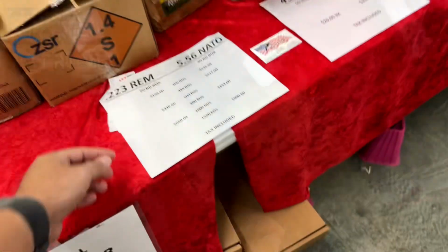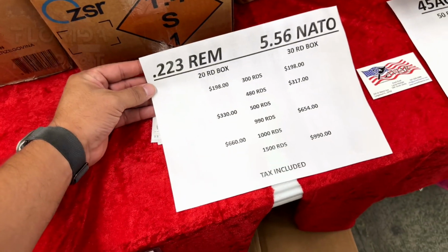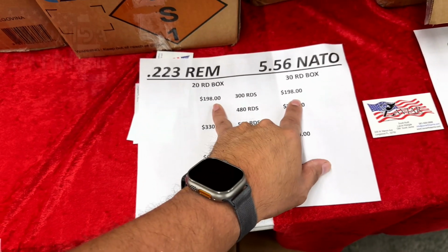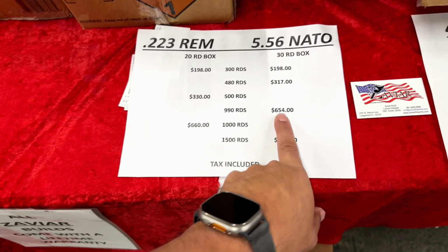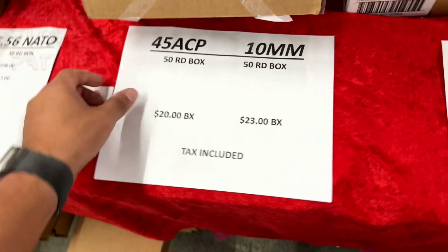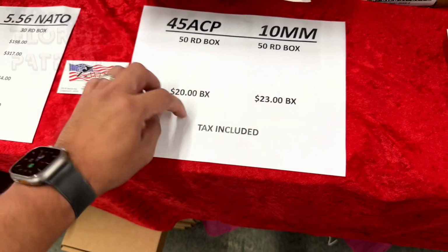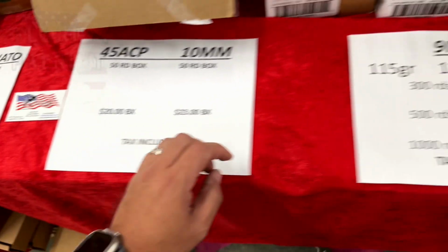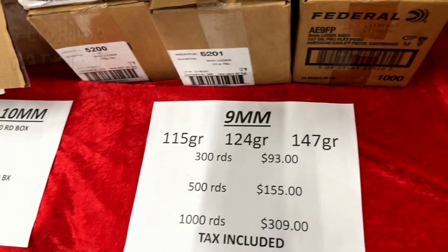Let me know. All right, guys, here we go. We're at a new table, and you can see they have some prices right here. We have the .223 and the 5.56, 20-round boxes, 30-round boxes, 300 rounds for 200 bucks, 500 rounds, 330, 900 or 990 rounds, 654. Slide on over to the .45 ACP and the 10 millimeter. You see we have $20 a box for 50, $23 a box for 50 for the 10 millimeter, and then of course, probably what everybody's looking at, the 9 millimeter. Looks like we have